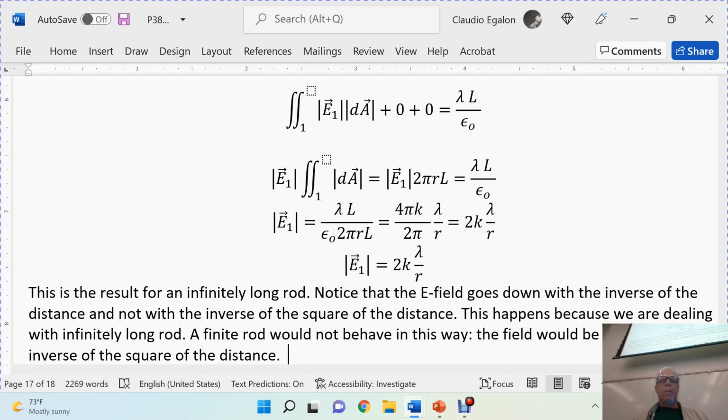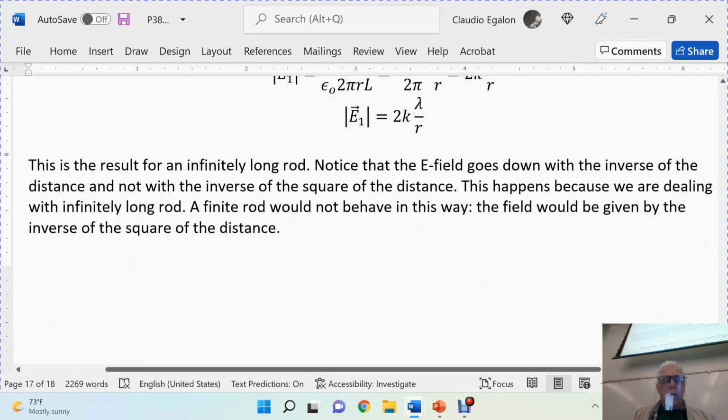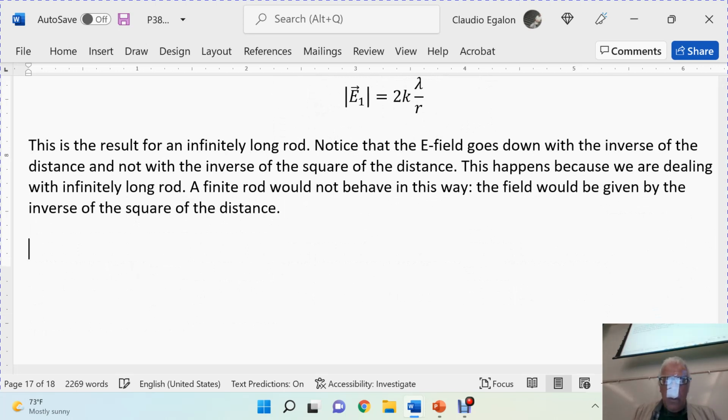But what you see here, even though this result is for an infinitely long rod,